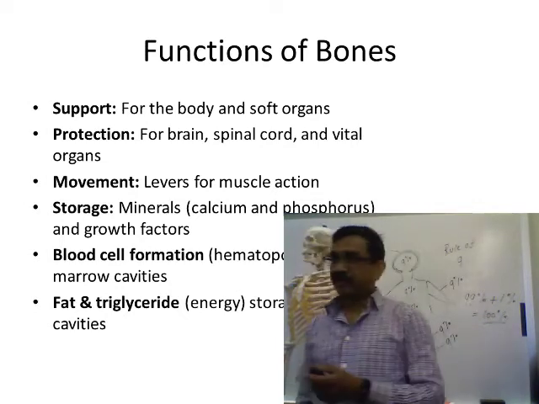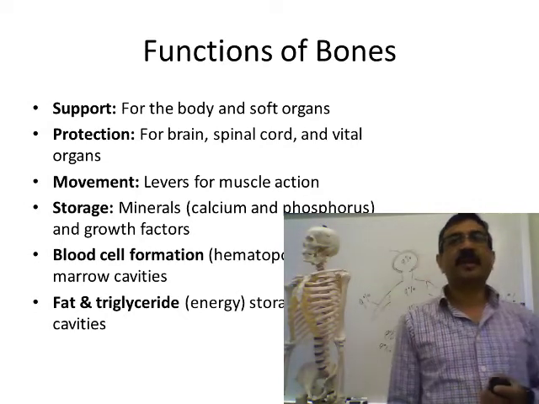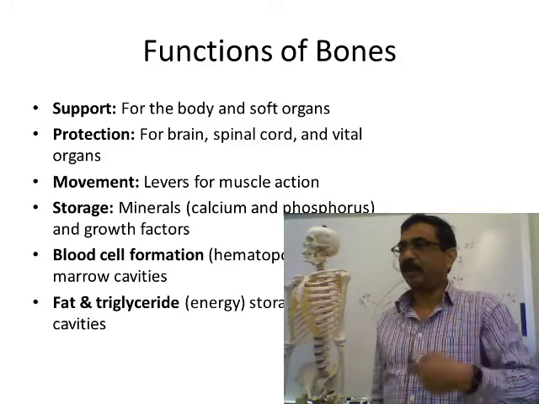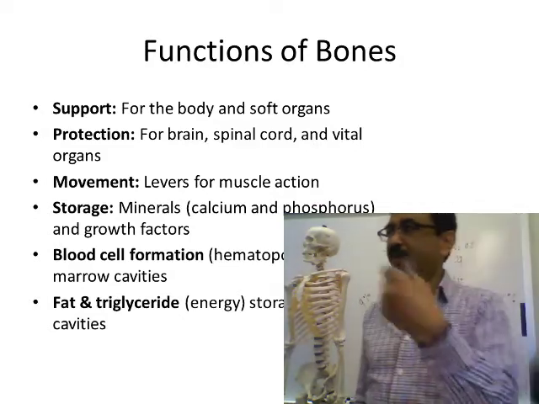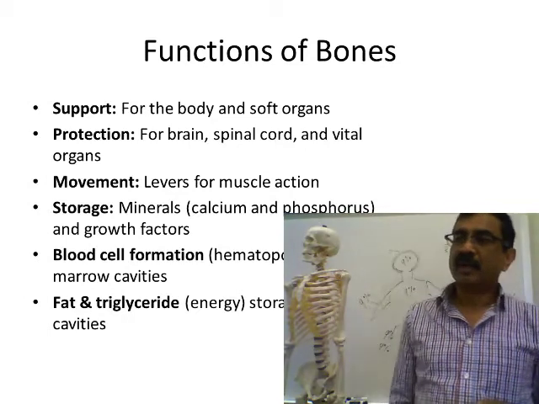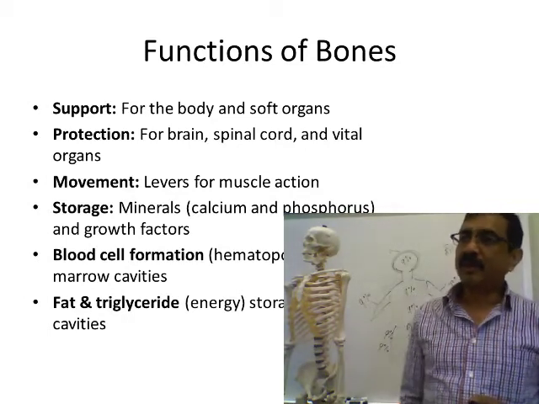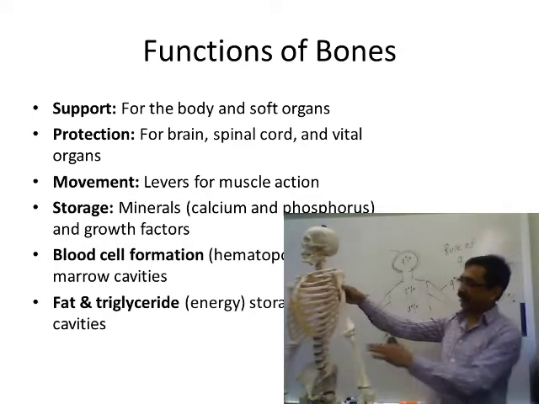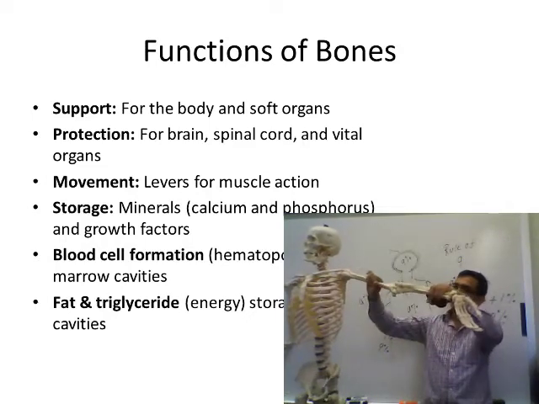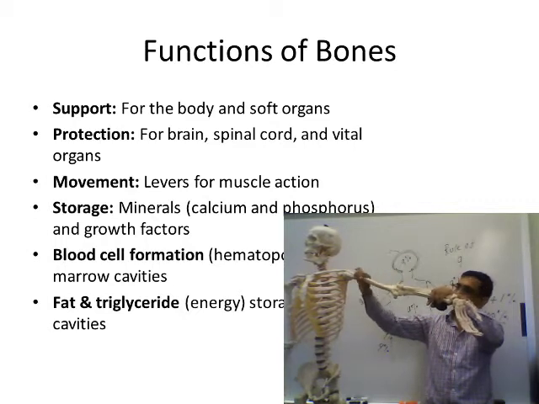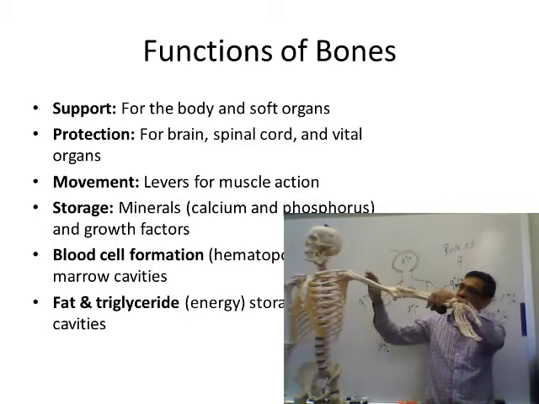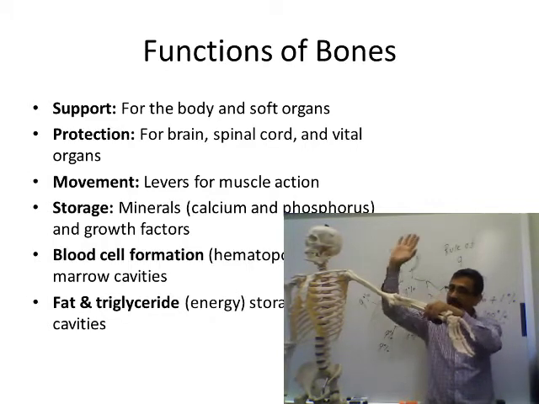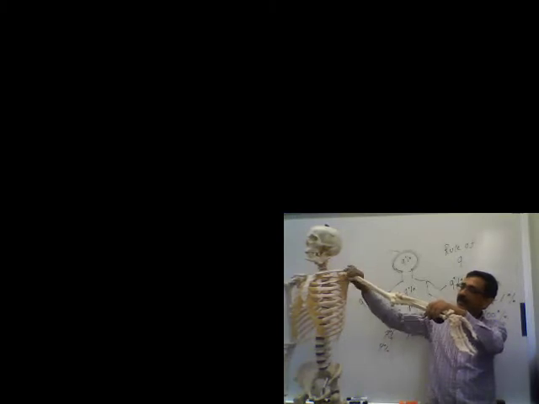Fats and triglycerides are the sources of energy. You know that fats provide a lot of energy. We know that if fat burns, a lot of energy is produced. Inside the bones you have fats and triglycerides. If you see the shaft of the bone of an adult person, it is filled with yellow bone marrow, which is nothing but fat. In early stage of life, everywhere you have the red bone marrow, shaft as well as at the ends. But in adults,